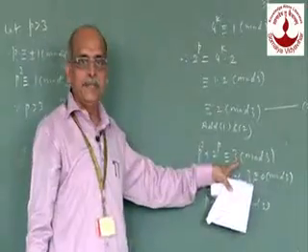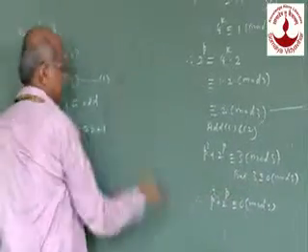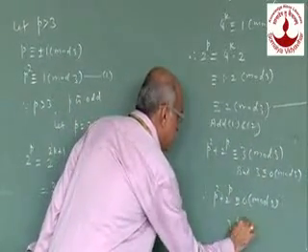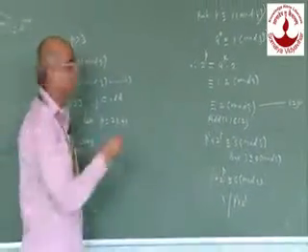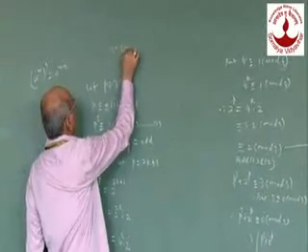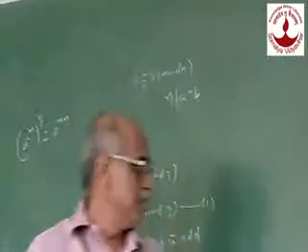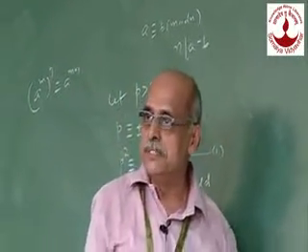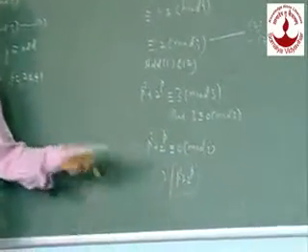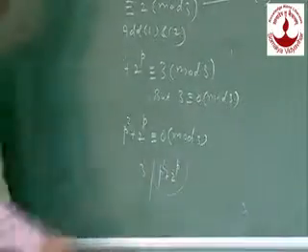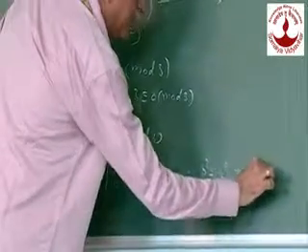If a is congruent to b, and b is congruent to c, then a is congruent to c. This is the same as 3 divides p square plus 2p. What do you mean by congruence? The difference is divisible: a is congruent to b modulo n means n divides a minus b. Since this number is divisible by 3, the number is composite, and therefore p square plus 2 raised to p is composite.